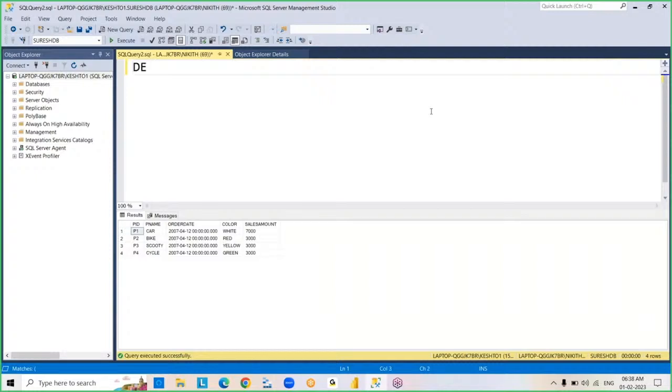So next command is delete. Used to delete the data from the table. See, we already worked with the truncate, right? Then what is the truncate command? DDL commands, we worked with the truncate, right? Truncate also used to delete data from the table only. But the difference is